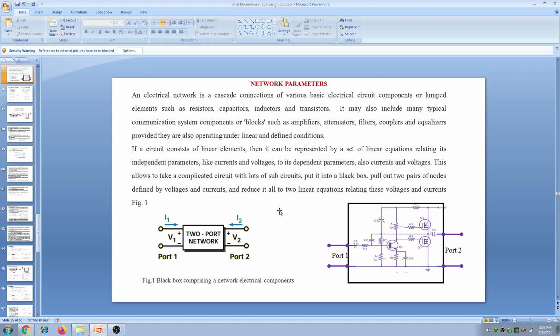Okay, in the previous classes, we studied the Smith chart, and how to use a Smith chart to find the different parameters of transmission lines. Once we use